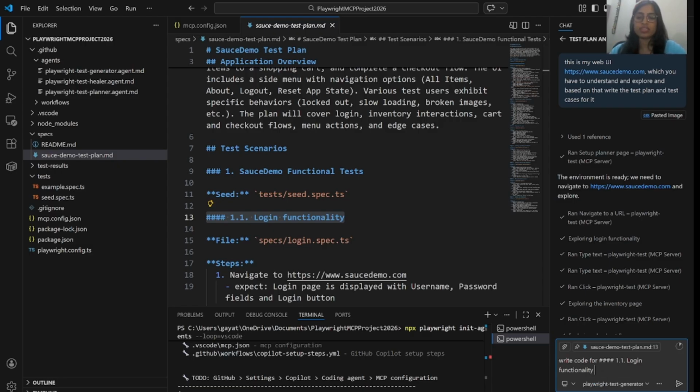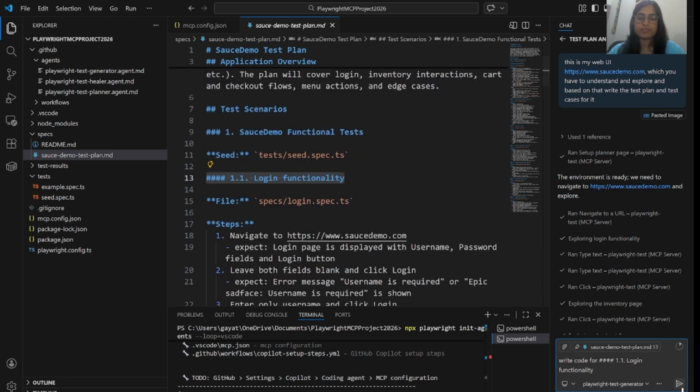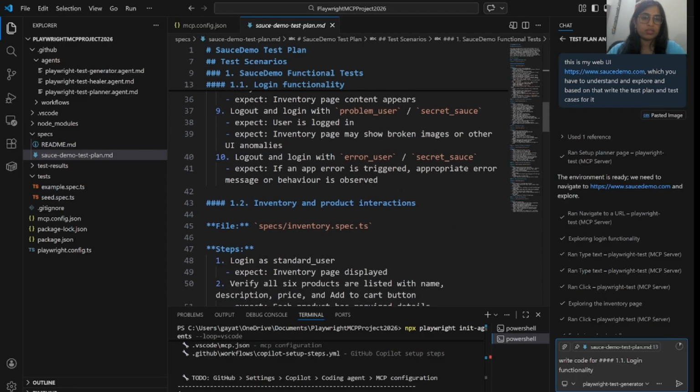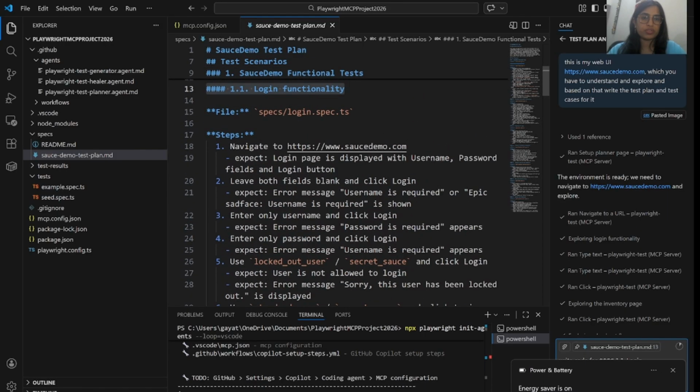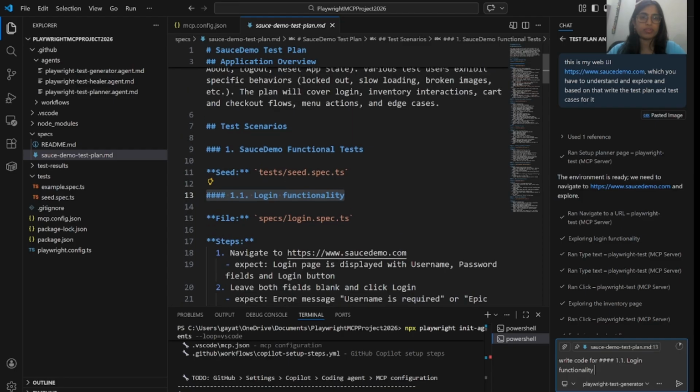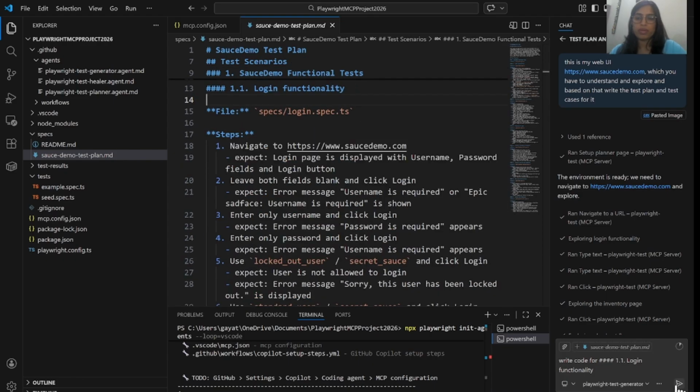You are asking the generator that you need to write code for login functionality, 1.1, then 1.2 product interaction, and Sauce demo functional test one. Fine. We will go one by one.